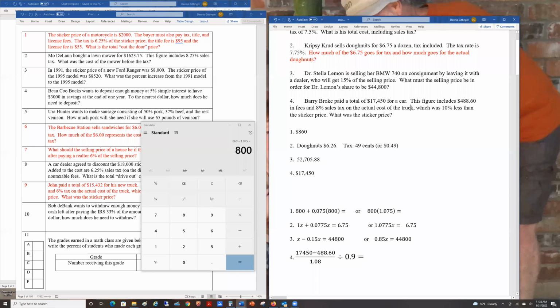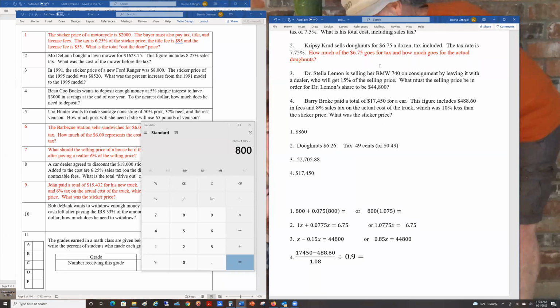You don't know the price of the donuts before tax. So you can't calculate the tax by multiplying $6.75. The tax is already in there. If you multiply that by 0.0775, it's not the tax. That would be the tax if the before tax price were $6.75. So what you have to know seriously is, I don't know what it was before tax, but if I multiply that number by